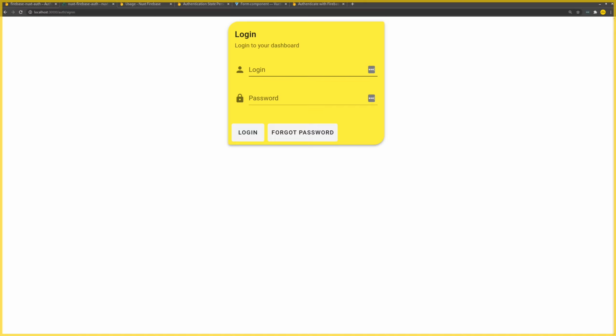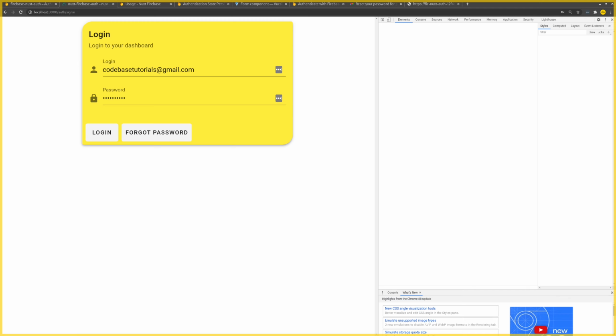So again, if we refresh here, we see the same screen, but now codebasetutorials@gmail.com. Let's first type in a garbage password, and if we say login now, we should see the little snackbar with a message from Firebase. And there you can see the password is invalid, or the user does not have a password. And that message is actually coming from Firebase. Okay. And if we type in the correct password, which is open sesame 1234,